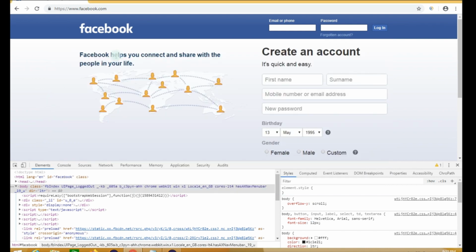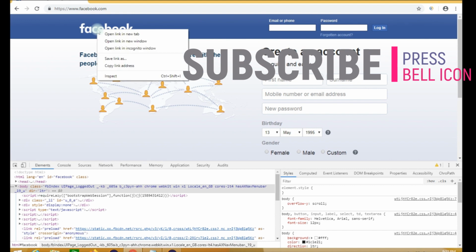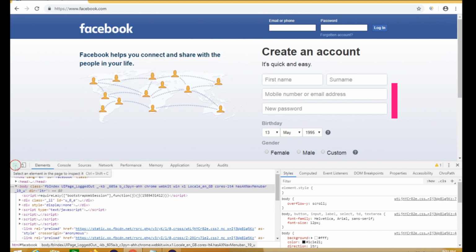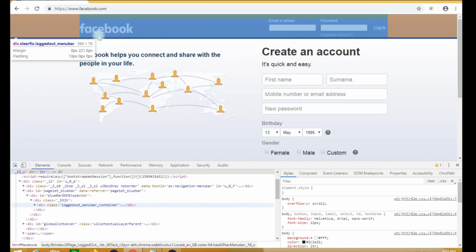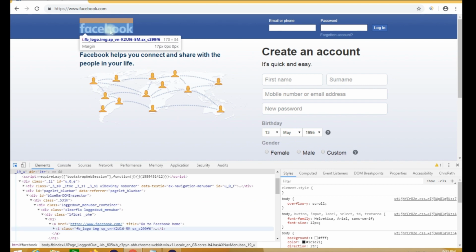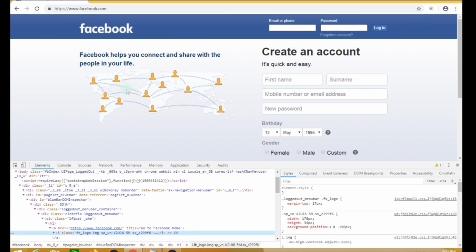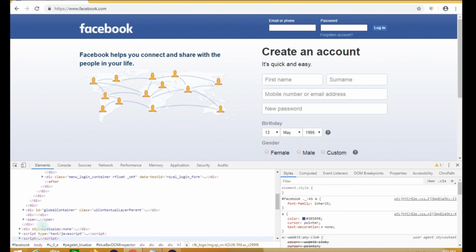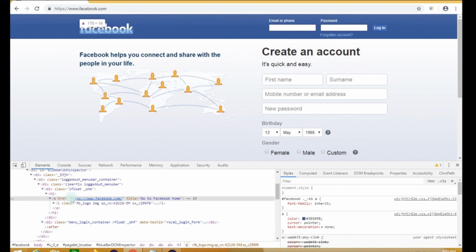So for example, on Facebook, let us take this Facebook icon as an example. I will take this pointer to this Facebook icon and click on it, and as you can see, this is the HTML code that is written for this Facebook icon.